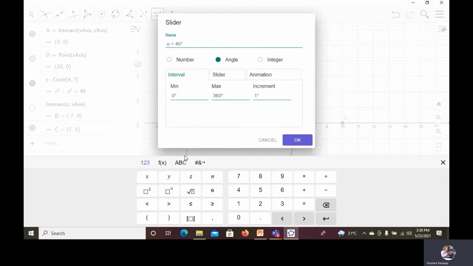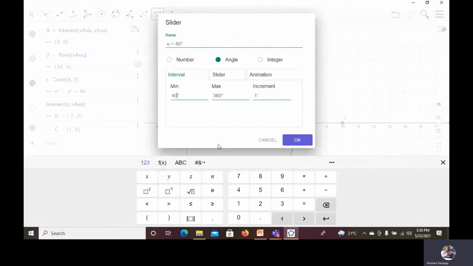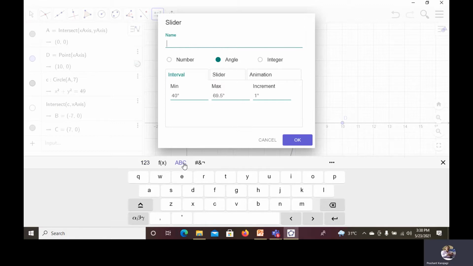So you specify the minimum angle, as we decided in the presentation, that is 40 and 69.5. And here you name it theta.